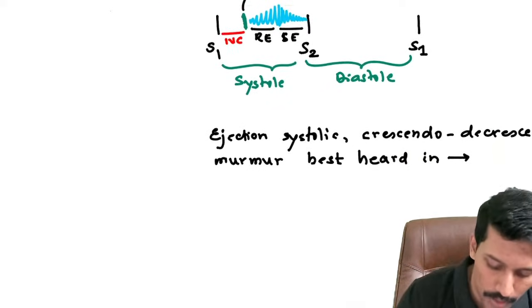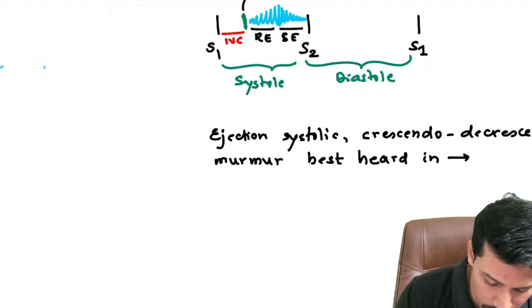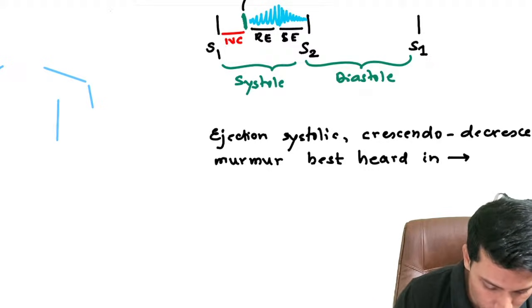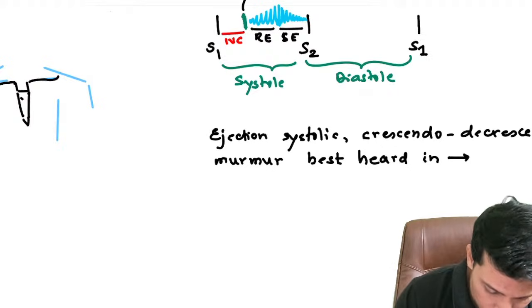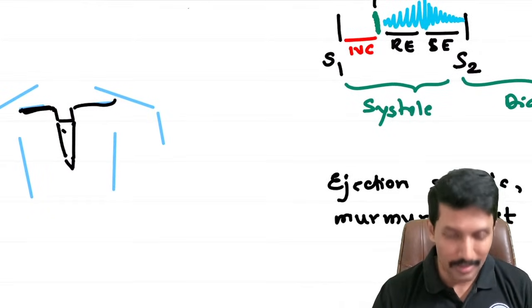And if you have time, do put a small picture or image to represent the area of auscultation for the aortic valve. Where is the aortic area situated? Yes, the aortic area is situated in the